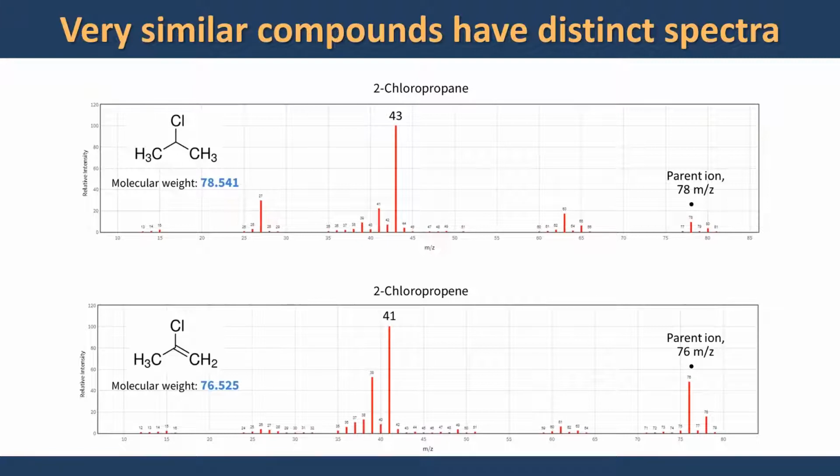Mass spectrometer, though, that's different. Look at the mass spectrum of the 2-chloropropane up on top. My major fragment for 2-chloropropane is mass 43, and my parent is 78. My 2-chloropropene, my major abundance is 41, and my parent is 76. So if I have the ability to draw a chromatogram of mass 43 and a separate chromatogram of mass 41, you can imagine that I've got completely different chromatograms related to each of those compounds, even though they have the